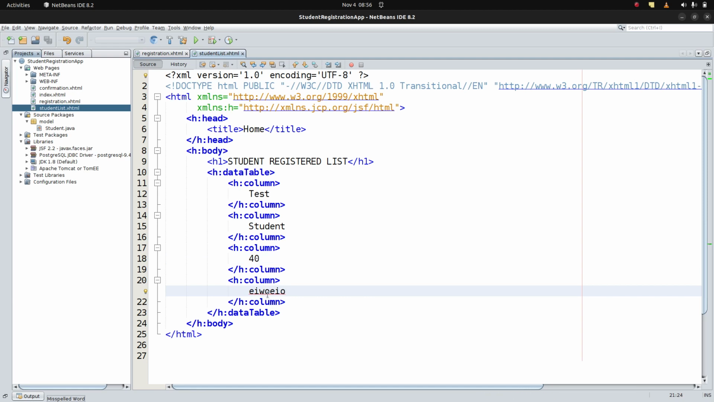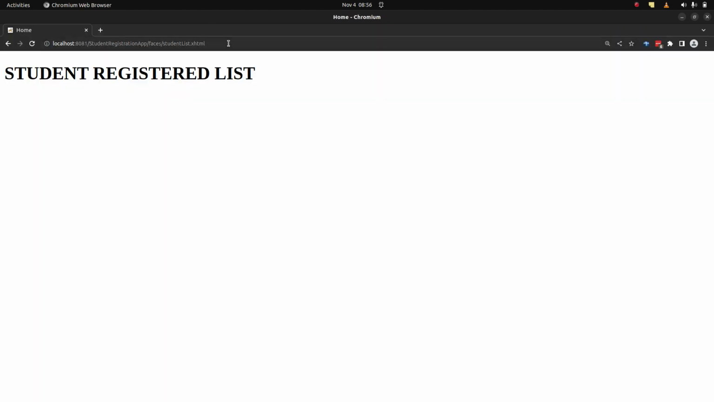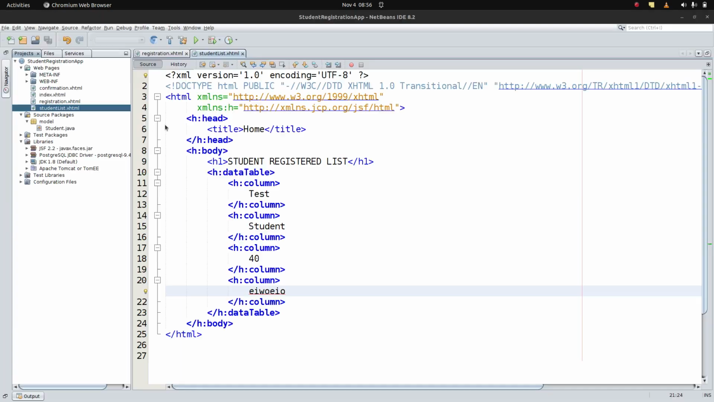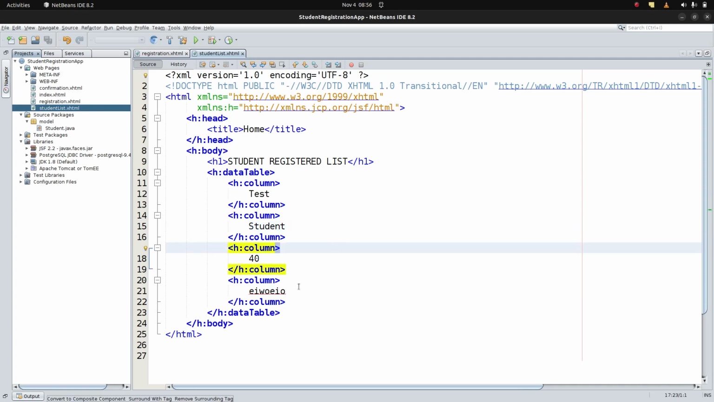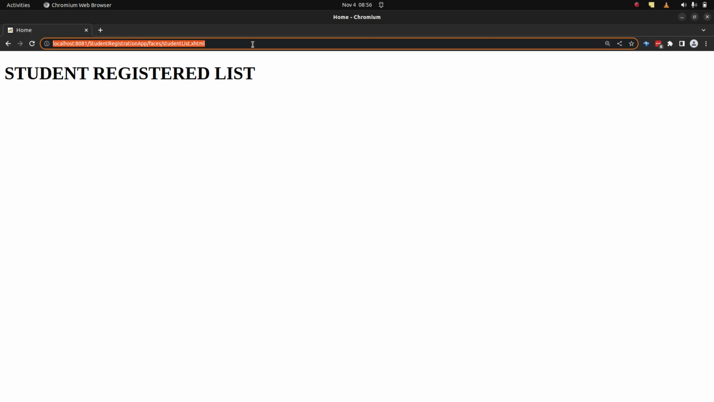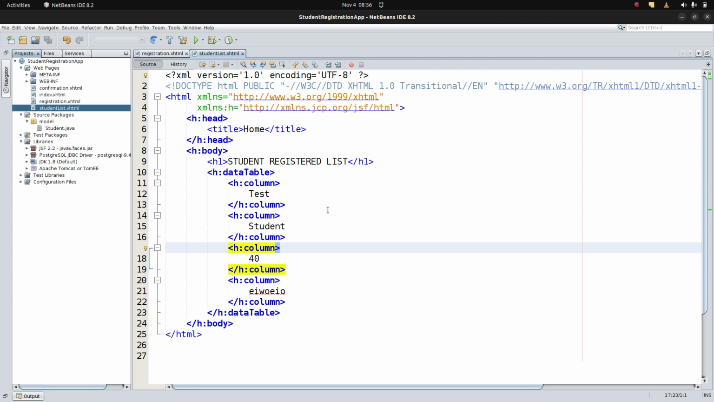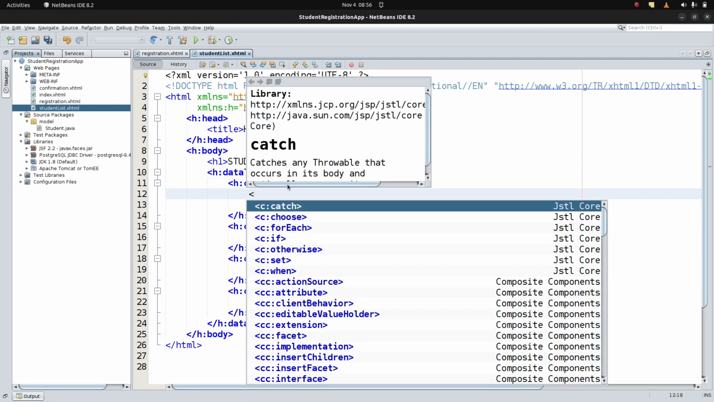Okay, we're good. Now if we come here and try to refresh the page, what's going to happen? You can see this one is not visible. Why? I just saved, and I want to show something, but you can see there is no value. The reason is that we need to set the column header. Before that, how can we put the column header? You can just use